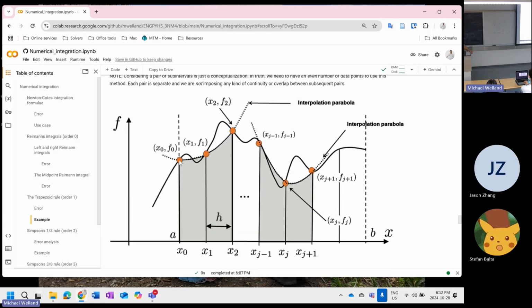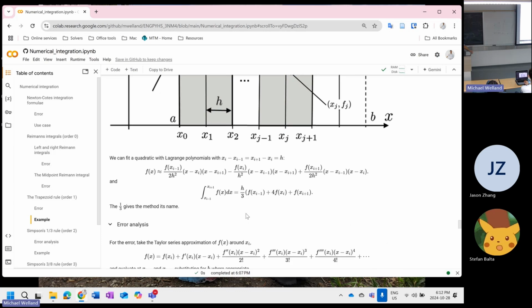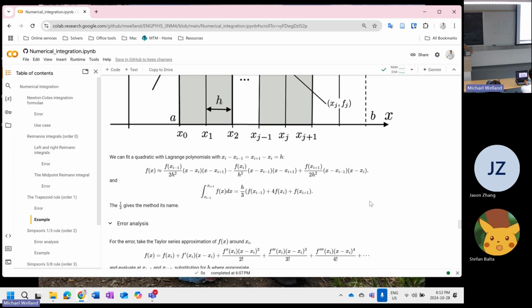So this is a nice illustration of what it means. You take those points, you fit a parabola. Now you have 2h, right? In our conceptualization, put apples with apples. Same thing on the other side. We can fit a quadratic. How would we fit a quadratic? Is that with log? That's a good one. Anybody else have a better one? Interpolation and curve fitting. That's one idea. Even better, we know how to fit a simple polynomial, which is